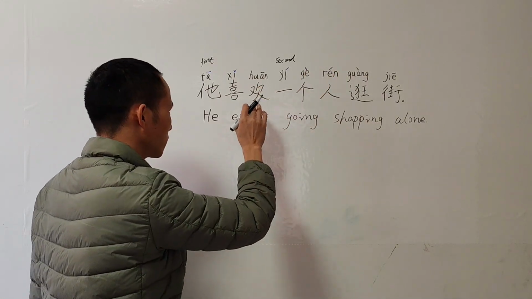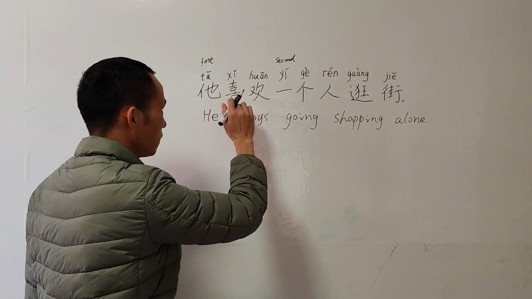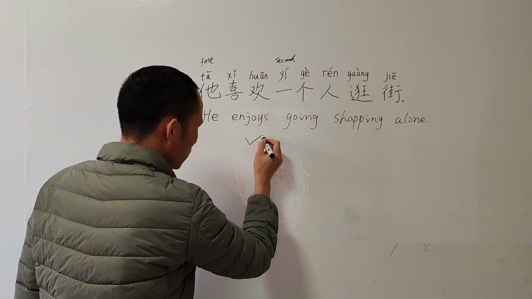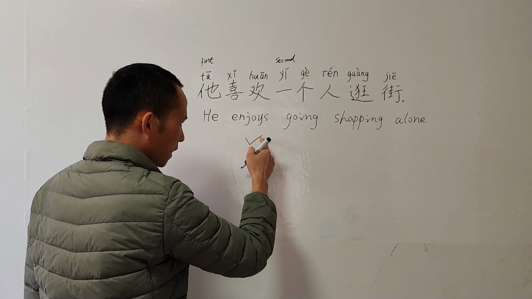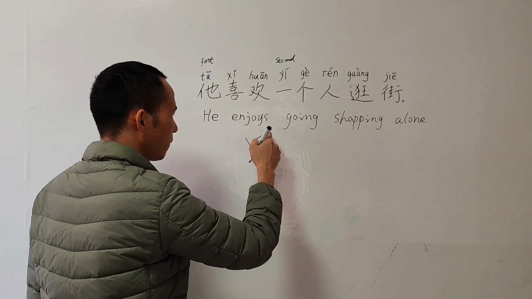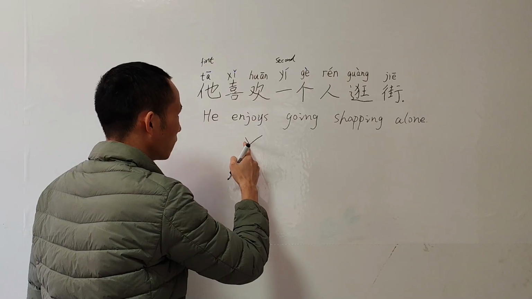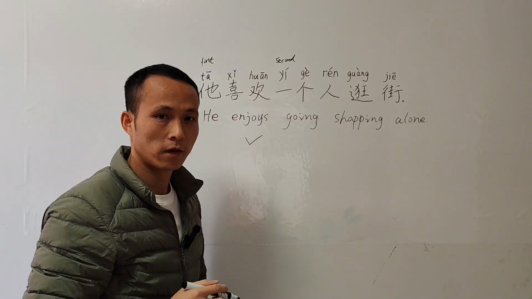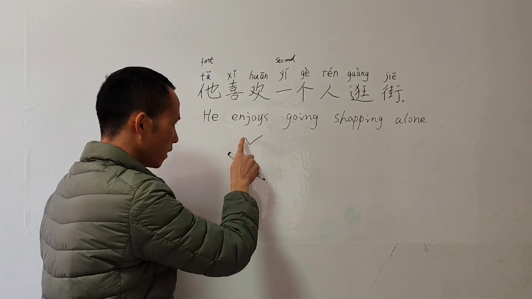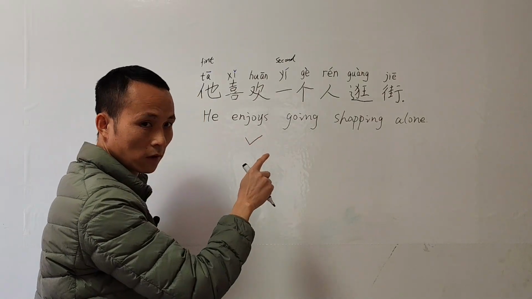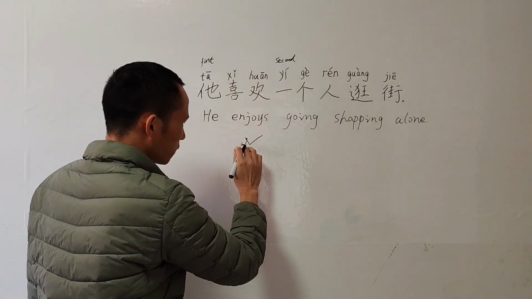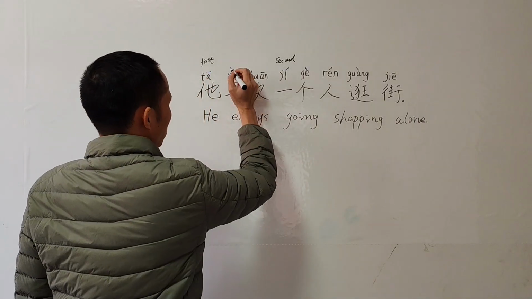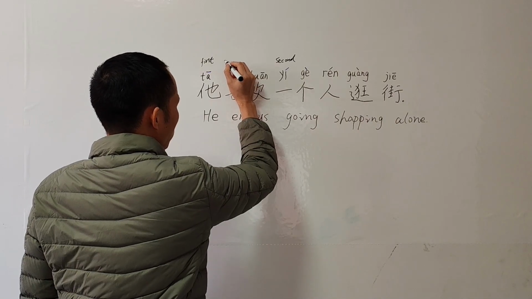So the third tone is Xi. It's a bit like a big V, but with this part going longer than this part. This is the third tone. E, E, and it goes upward. It falls a bit and then goes upward. Xi is the third